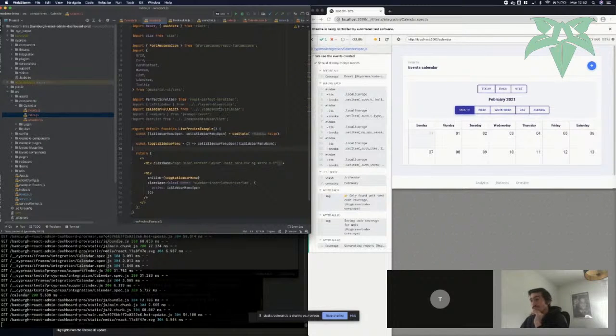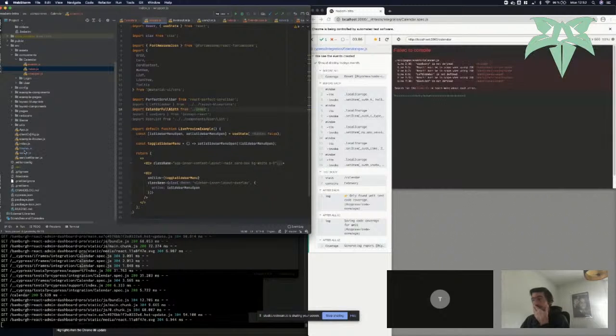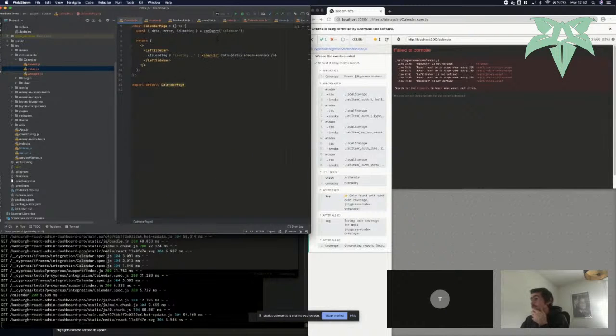So here I'm going to do, okay, and then the calendar page should import